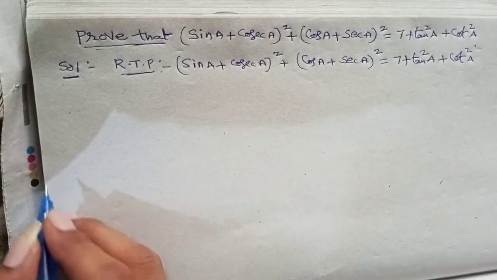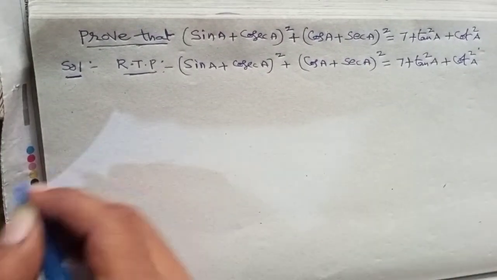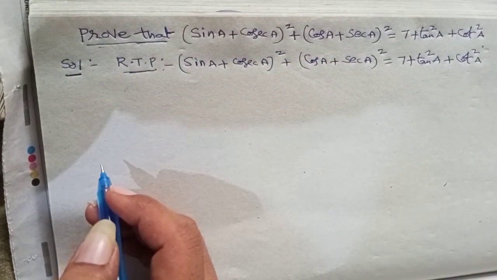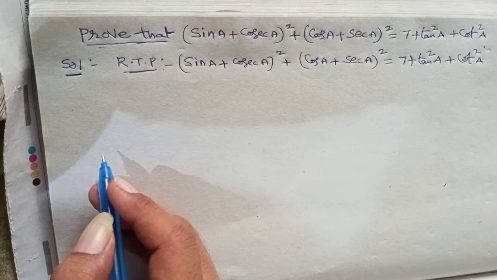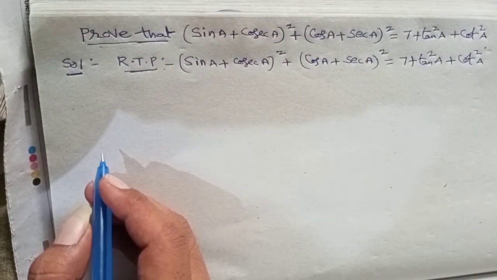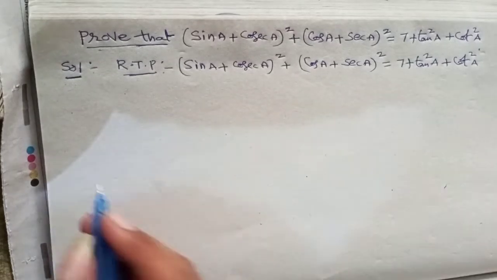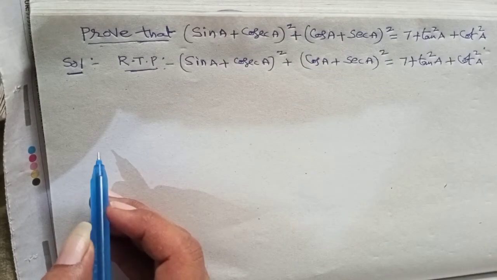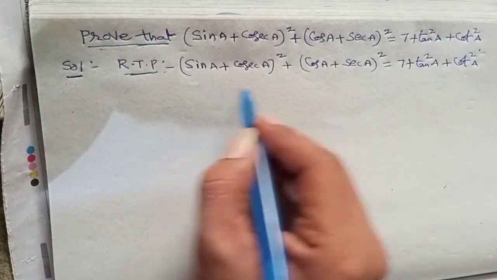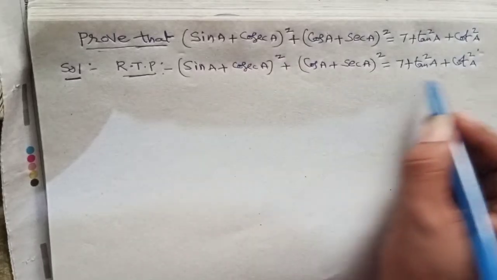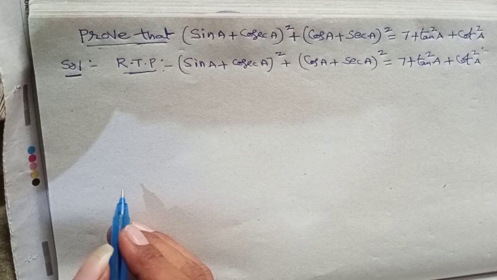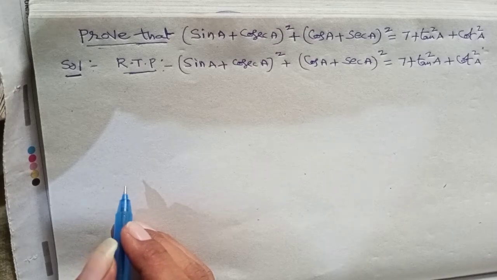Thereafter you have to identify what is given here. If you go through the problem, the given condition we cannot find out because there is no given condition. So, without a given condition, we can prove this one. Your RTP is nothing but "show that". While proving show that without given conditions, we have two methods to approach.